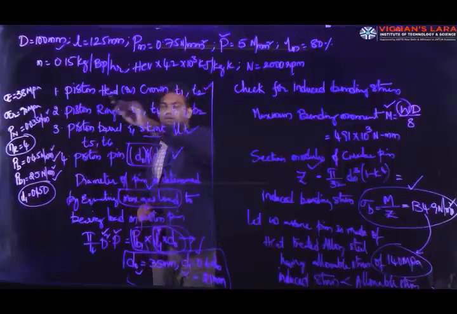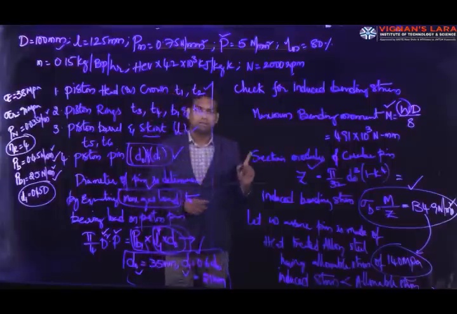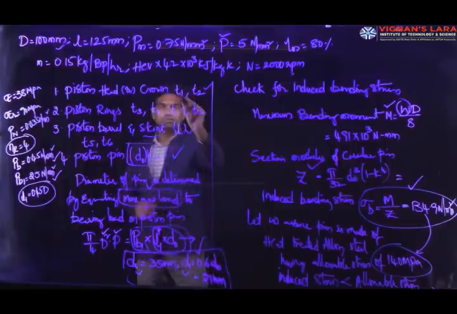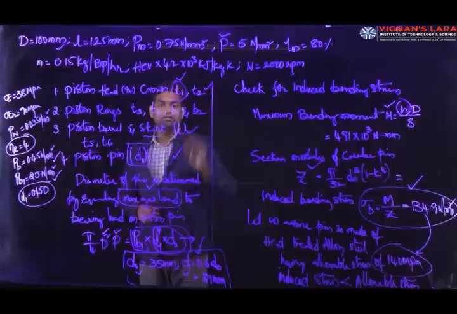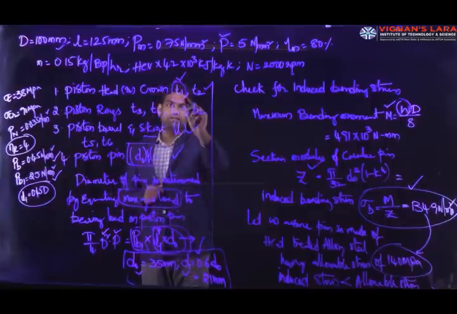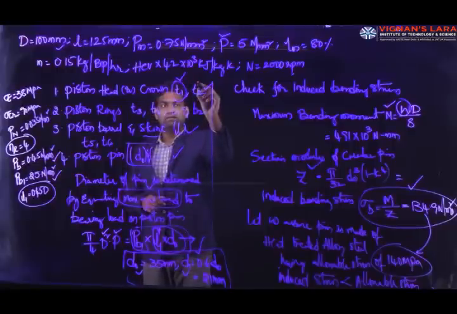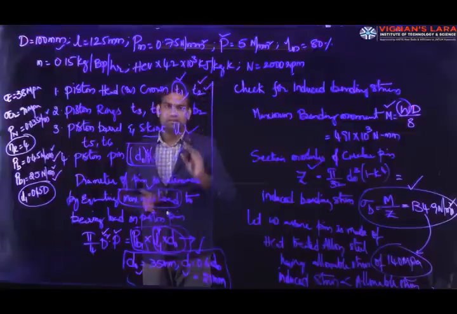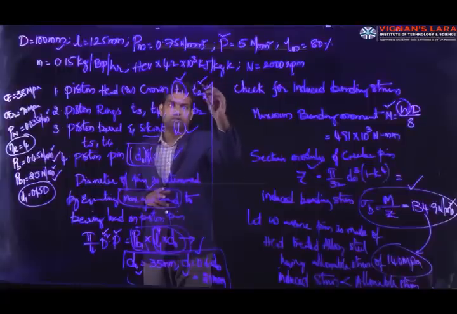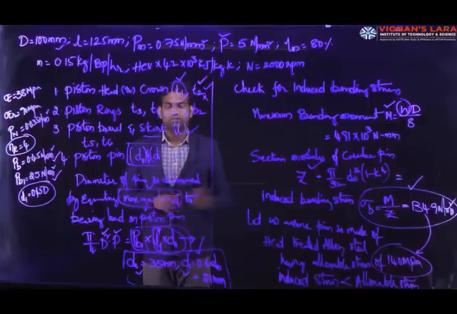Initially we should calculate the thickness of the piston head by considering the strength as well as the heat dissipation process, those two factors, so that the larger of the two values is adopted as the thickness of the piston head or crown, that is T1. Based upon that thickness, we need to calculate the thickness of the ribs T2. If it is less than 6, no need to calculate T2. If it is greater than 6, we need to calculate T2 by the empirical relation T1 by 3 to T1 by 2.